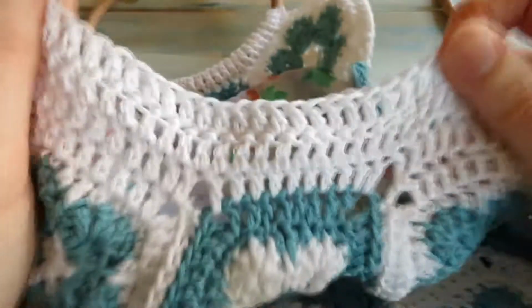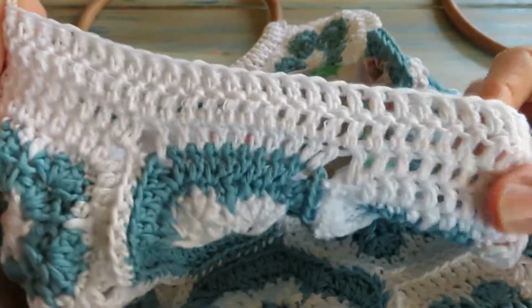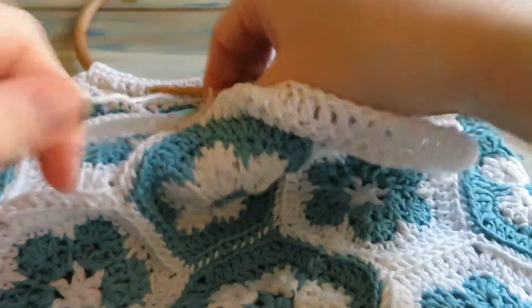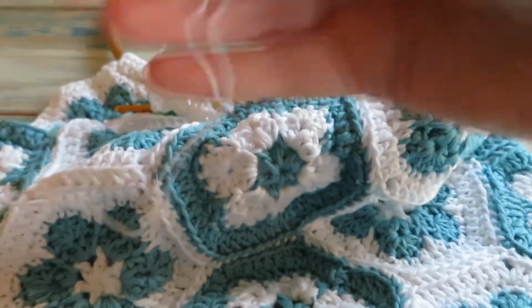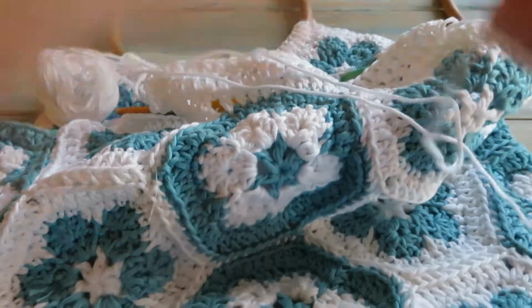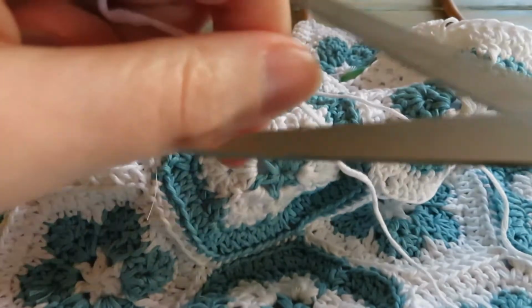Okay, so reach the other side. You should have 3 rows of just double crochets. What we're going to do now is cut a yarn, but leave enough for sewing. So we're just going to measure across once, across twice, about that length. Cut our yarn,